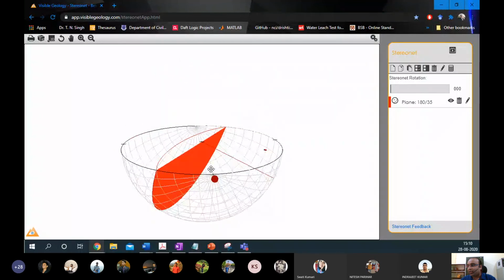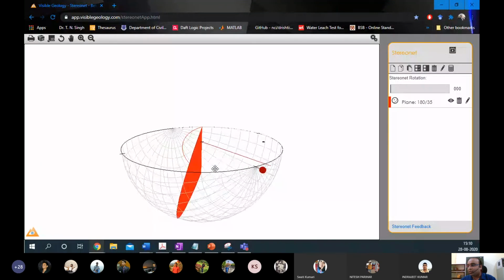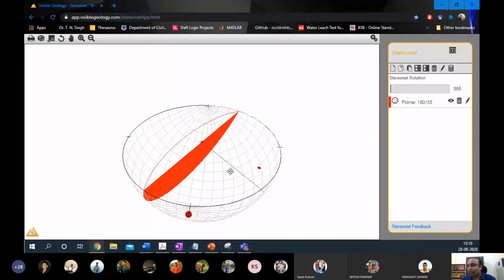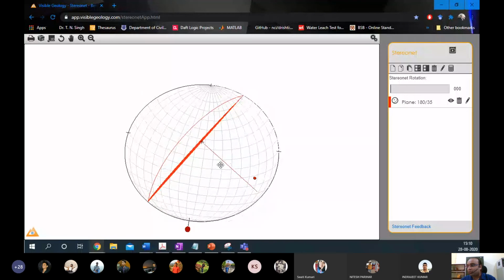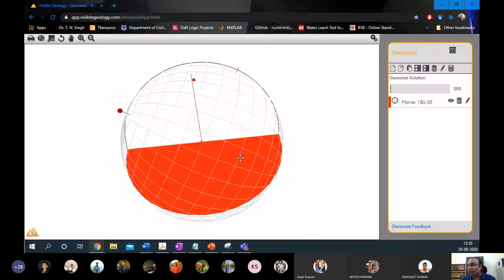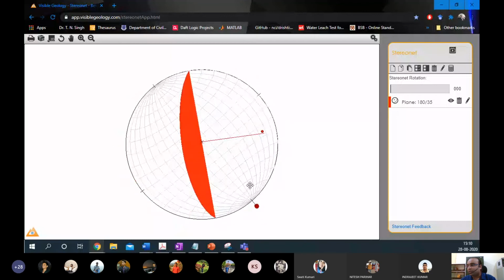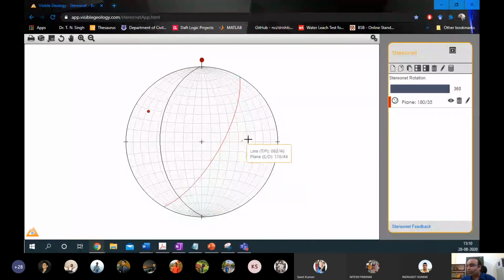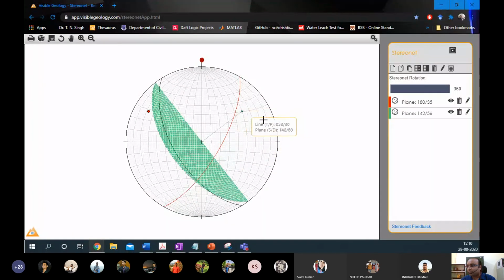Now, we also talked about a pole, right? So a pole basically is a 90 degree line to that plane. And that is also represented here in form of that line where it touches; it is basically a projection on that part. So both a pole and a plane can easily be plotted with this tool. We can even add more planes. So let's plot another plane, suppose here.